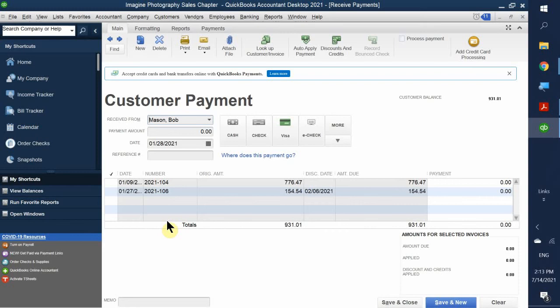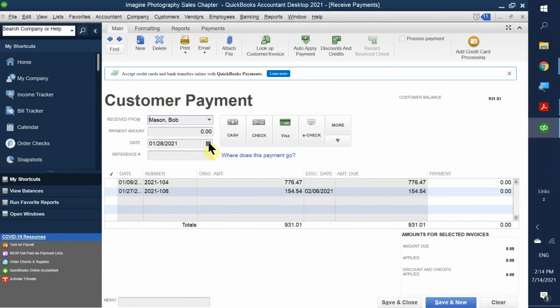Okay, so customer discounts. The date's going to be January 31st, and it's going to be for $151.45. So he's definitely paying for this invoice right here, number 106. So excuse me for that. So again, he wants to apply a discount, the 2% discount, because he wants to pay for this invoice right here. So let's go ahead and